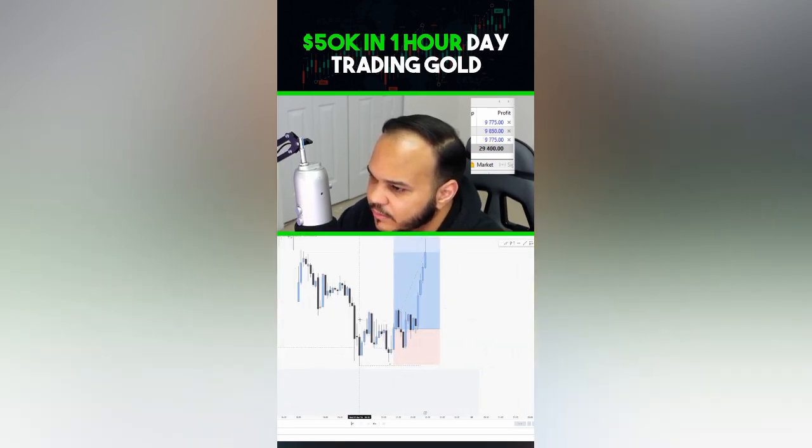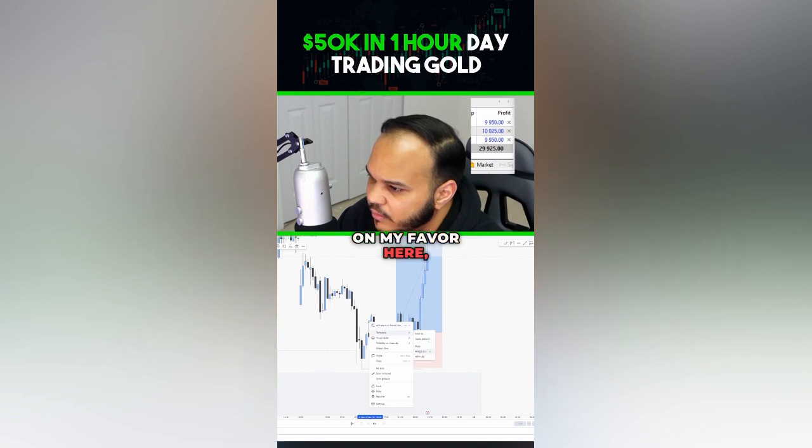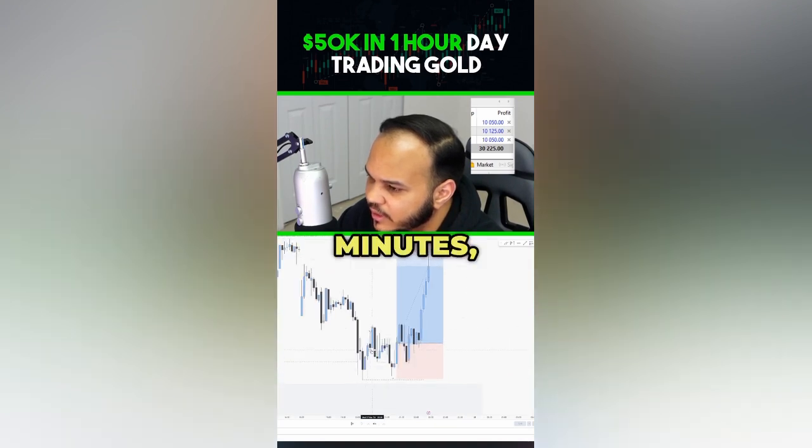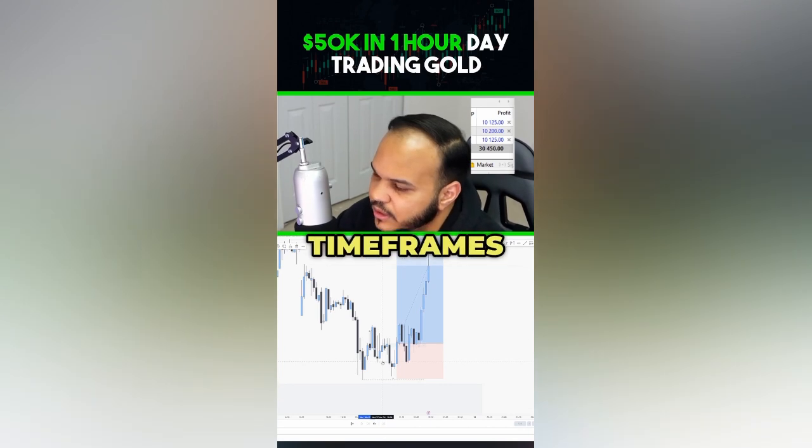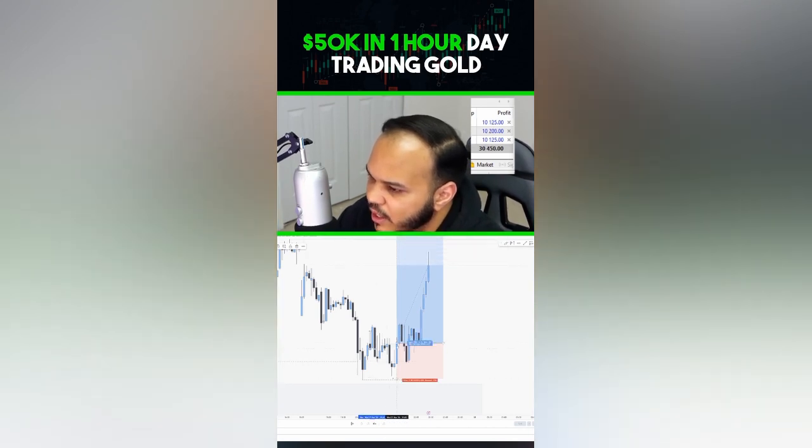One thing that I saw was the market basically creating a break in my favor here, a break of structure, and then creating minor liquidity on the 5 minutes, which is going to be here and also here. So I also wait for the market to grab liquidity on the lower time frames, okay, here. Once the market grabs liquidity, I wait for my break in my favor, which is going to be here. I take the buy here, I put a 20 pip stop loss,